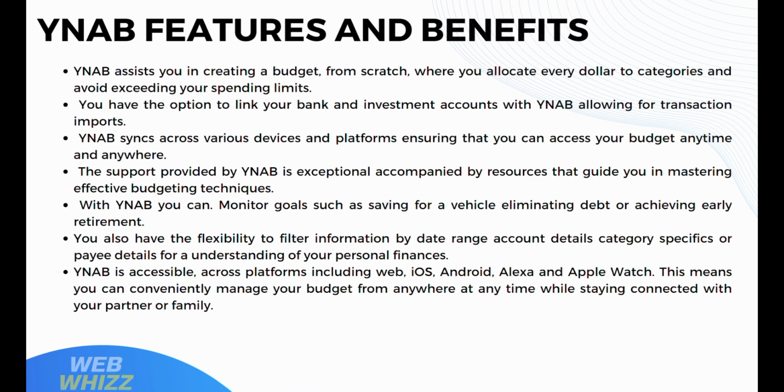With YNAB, you can monitor goals such as saving for a vehicle, eliminating debt, or achieving early retirement. And you also have the flexibility to filter information by date range, account details, category specifics, or payee details for an understanding of your personal finances. YNAB is accessible across platforms including web, iOS, Android, Alexa, and Apple Watch. This means you can conveniently manage your budget from anywhere at any time while staying connected with your partner or